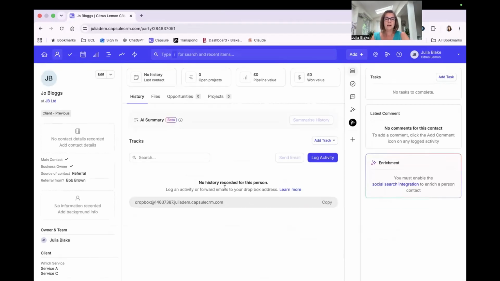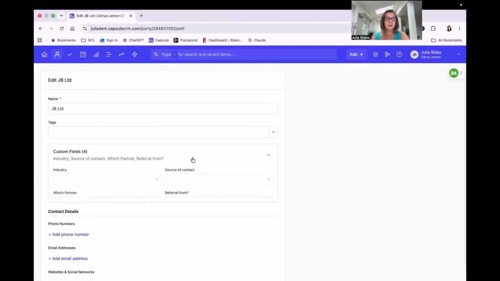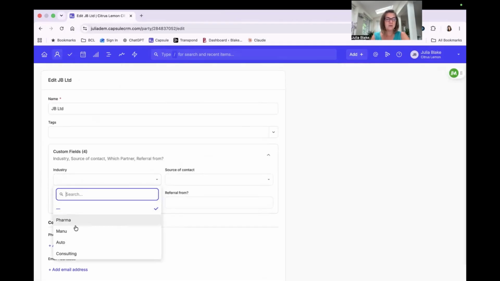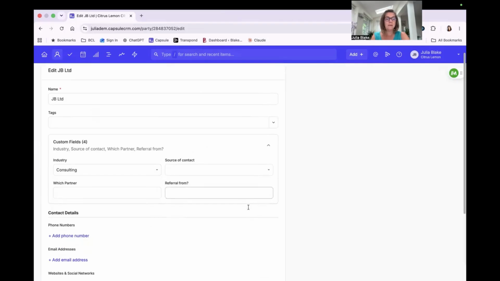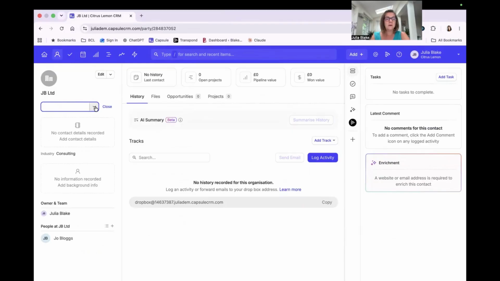And we click on return, and we would save that information. If we go to JB Limited, then we would click on edit, we'd go to custom fields industry, and we would say that JB Limited is in the consulting area. And we would add the tag also onto there